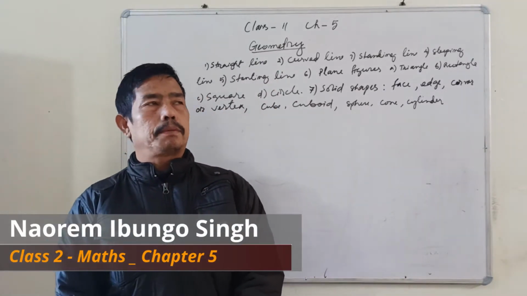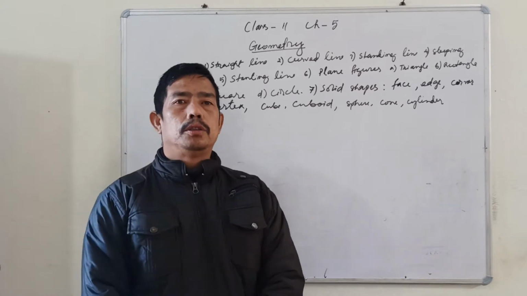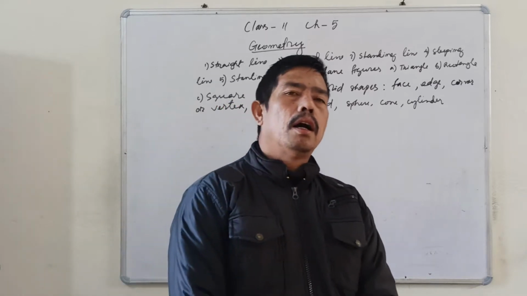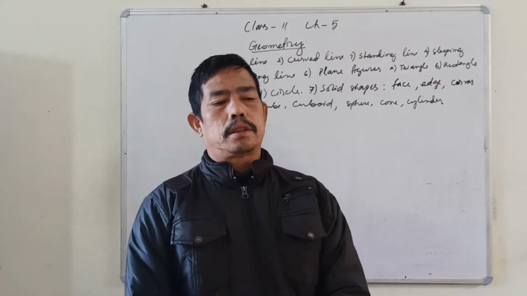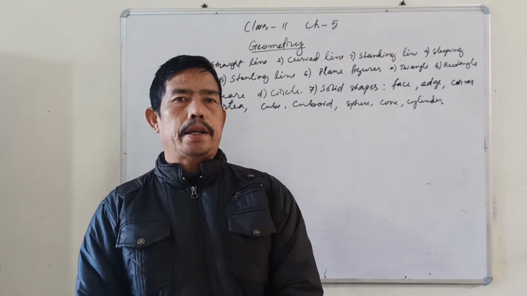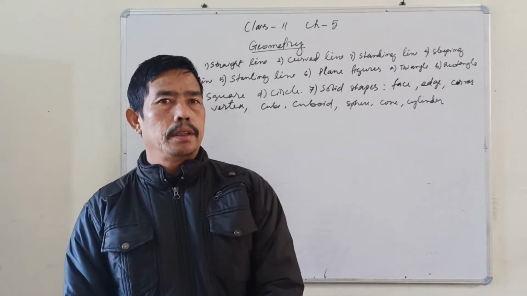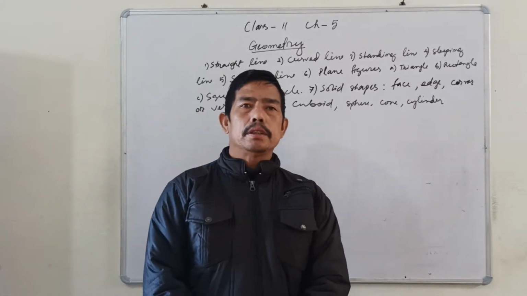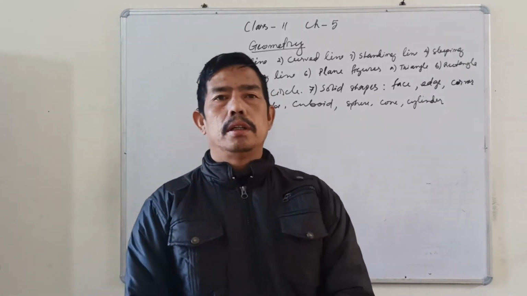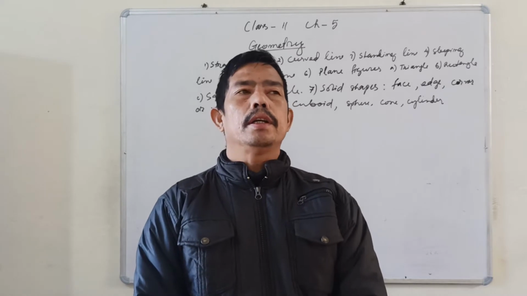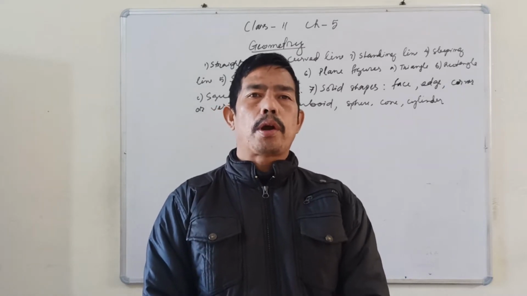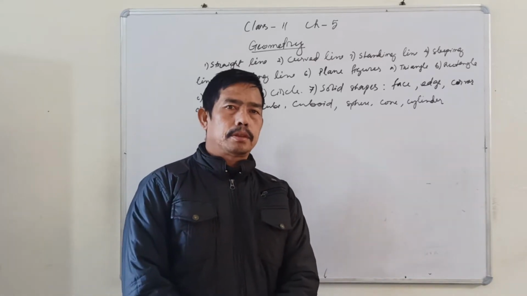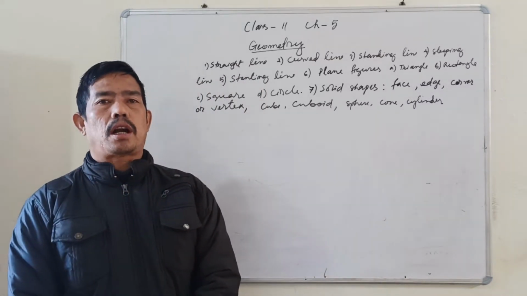Today let's pick up the last chapter, that is geometry, chapter 5. The details of this you will learn in the higher classes. Only a few basic ideas we shall be discussing here. What do you mean by geometry? Geometry is the branch of mathematics in which we study about point, line, angles and the different shapes which we see in our surroundings.